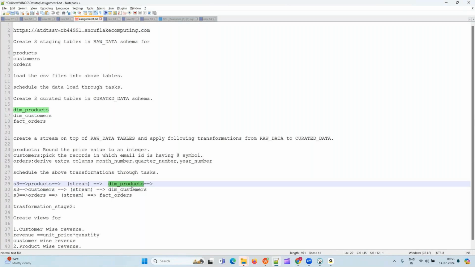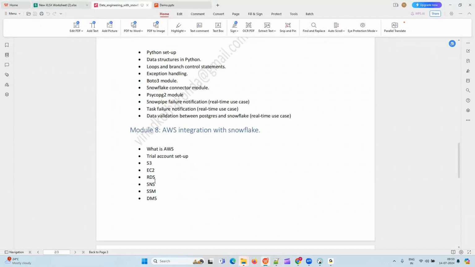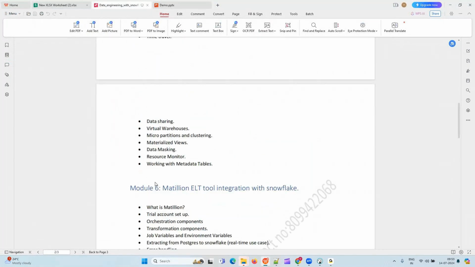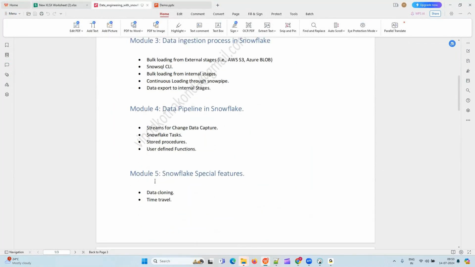See, in a data warehouse, mostly it will be SCD only. We don't do one-to-one transformations. So when we discuss streams, which are for SCD in Snowflake, here we are going to discuss that SCD concept.